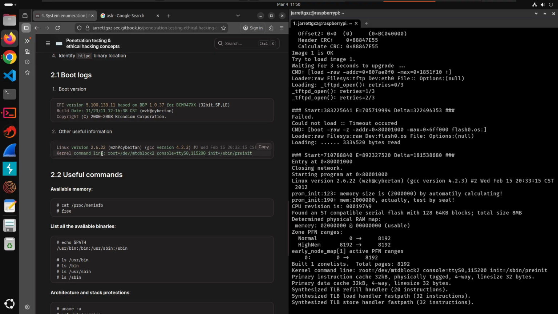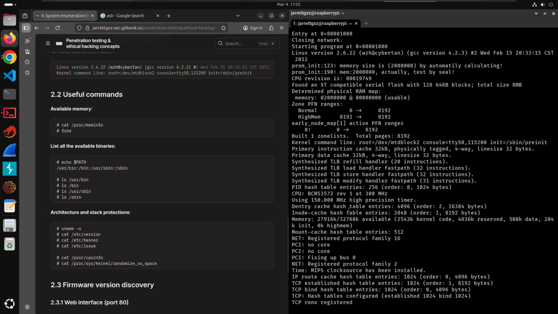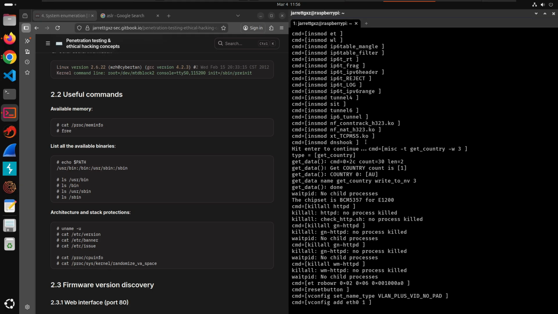Okay, so over here you can also see the kernel command line information with the init script or init binary running sbin pre-init, as we can see over here. So this will be useful for us to investigate further in the future or when needed. A particularly interesting piece of information we can gather from the boot log, as you can see if you scroll down further, is a